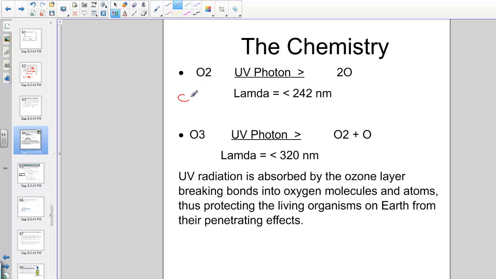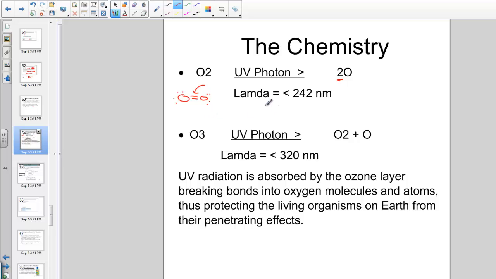Here's oxygen. It's O double bond O with 2 lone pairs. Molecular oxygen's Lewis dot structure. A UV ultraviolet photon hitting the molecule can produce 2 oxygen atoms. If a photon of energy hits the double bond and it's of energy greater than a certain threshold, it